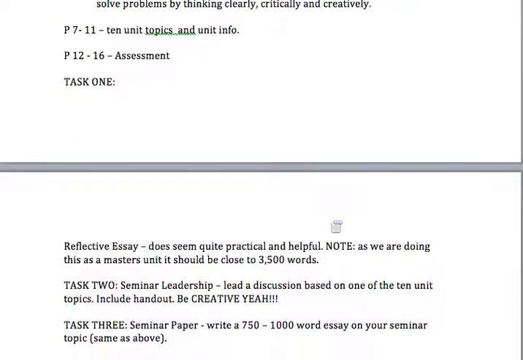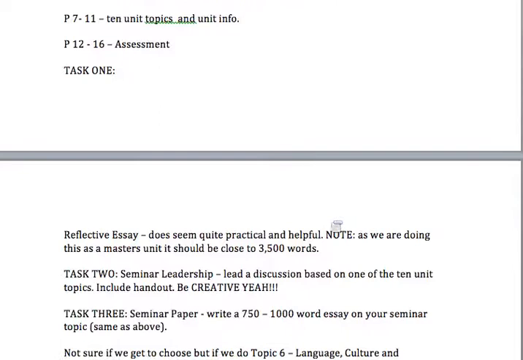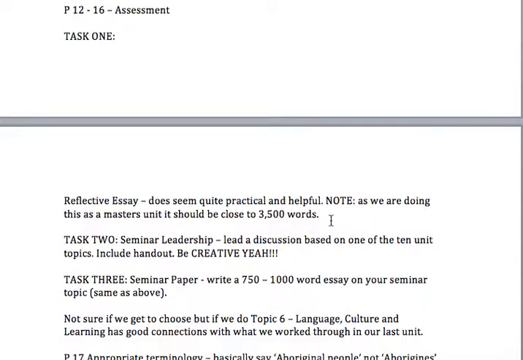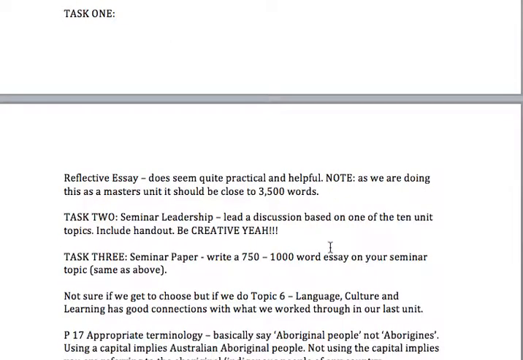There was one big essay which is due on the 28th of January after the unit has finished. And for us, if we're doing this for masters, that should be closer to the 3,500, whereas undergrads can do it only 2,000. And then task 2 and 3 are kind of the same thing, because you pick, or we have one topic. I don't know if we get to pick, but one of those 10 topics,